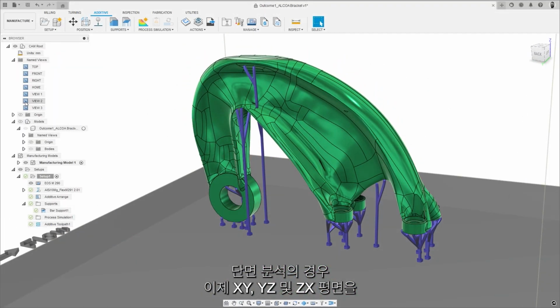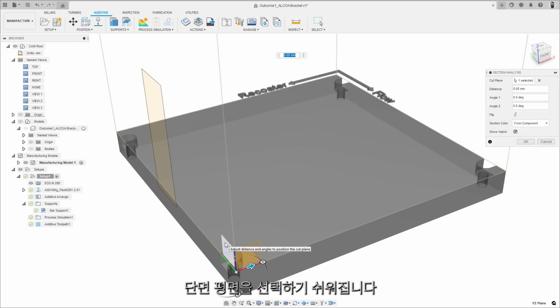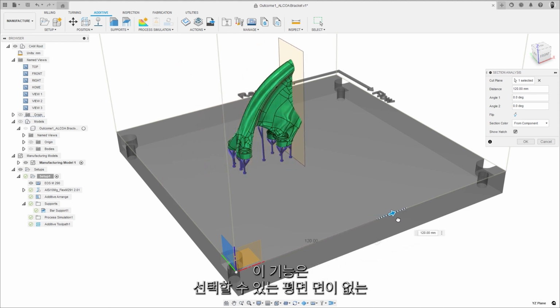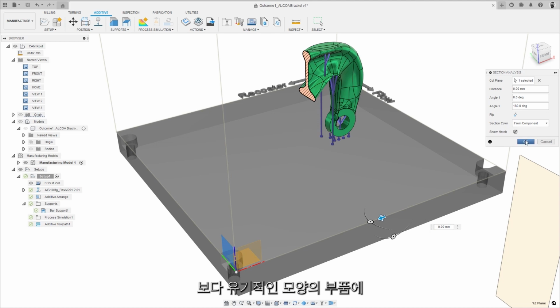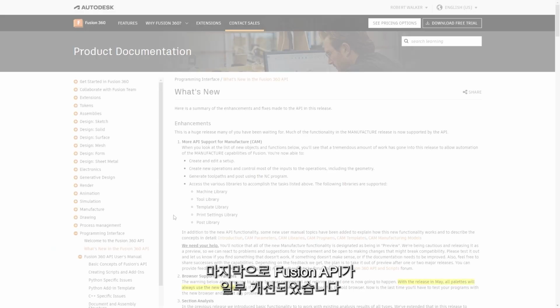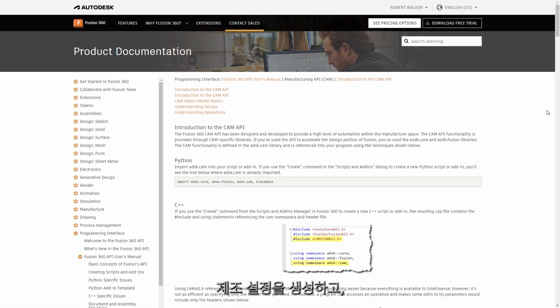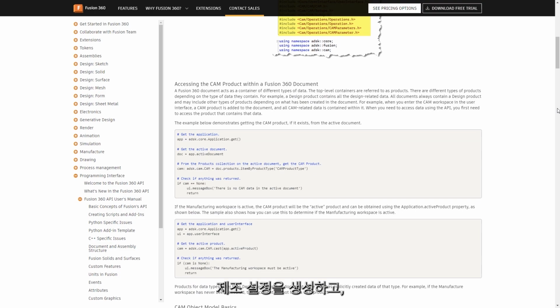For section analysis, the XY, YZ and ZX planes are now automatically visible and selectable, making it easier to choose a section plane. This is especially useful for more organic looking parts, which do not have any planar faces available for selection. And lastly, we have some improvements to the Fusion API, with the ability to create manufacturing setups, add